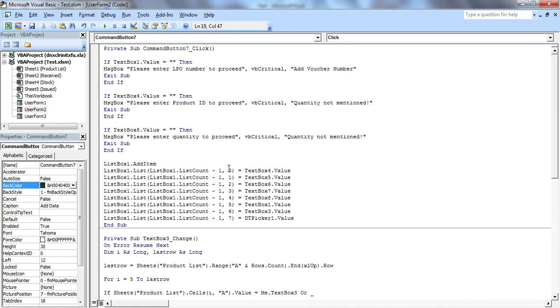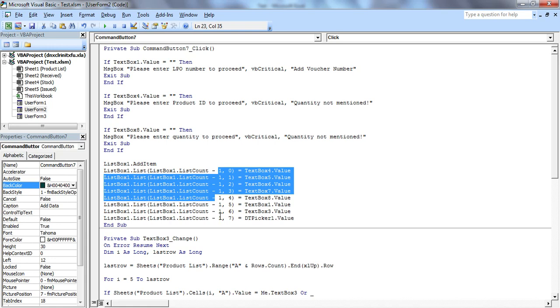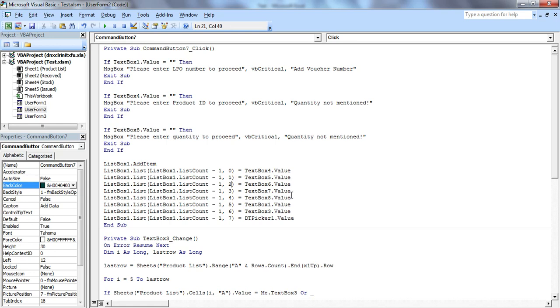column 0, and here ListBox1.ListCount - 1 means it will add in the last row of the list box. Wherever your data is added up to, it will add the data in the last row of that. So that is why all of this up to here is the same. There are no changes here, only we have changes in the columns, because every text box represents a different column. So every time we have changed the column number and we have changed the text boxes.